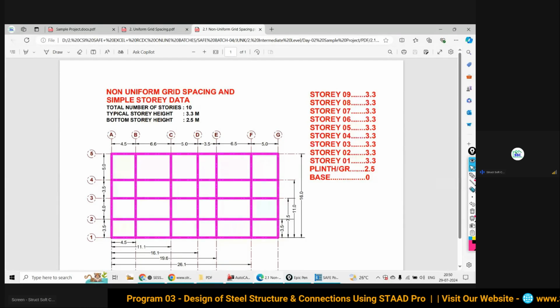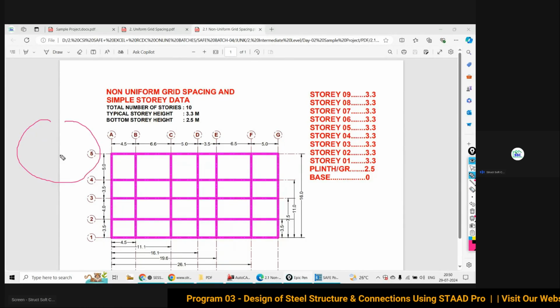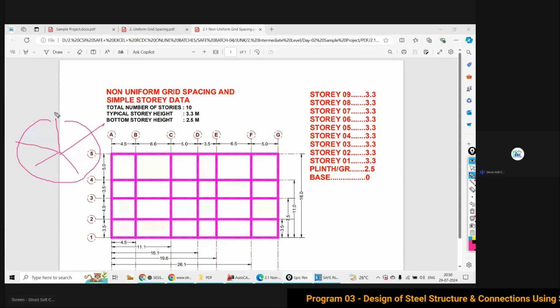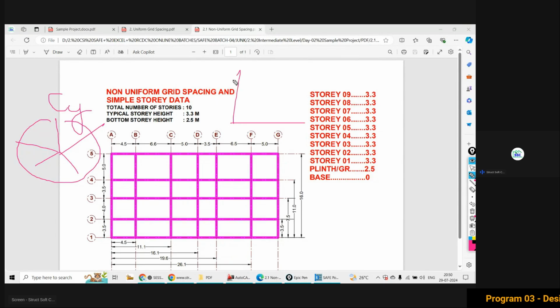But if you are having the grid system like this, like this grid you have to draw, it is a cylindrical grid system. It is a cylindrical grid system. It is a Cartesian grid system simply in X and Y direction. Is that all clear to all of you?